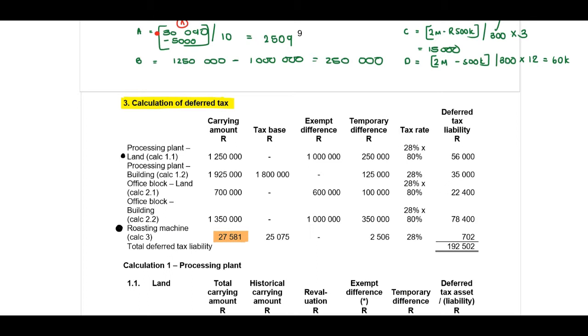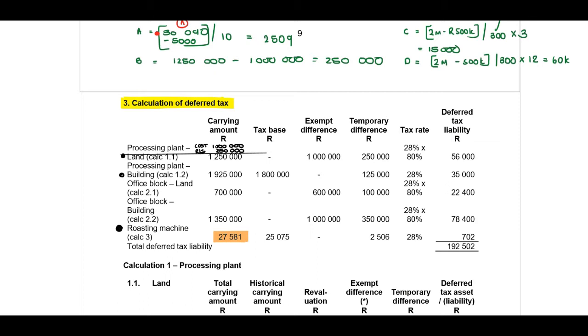If I look at land, I will include my cost portion, which will be the 1 million. I will include my revaluation portion, which will be the 250,000. Together, this will be the 1.2 million. I just want to move this there. Yes. Right. Then, in terms of my building